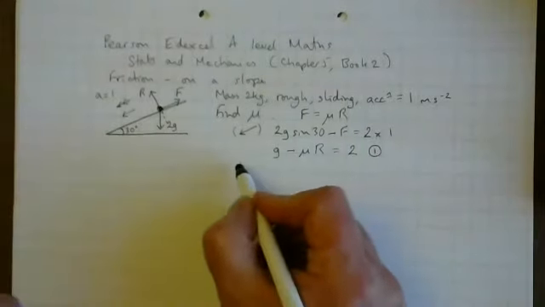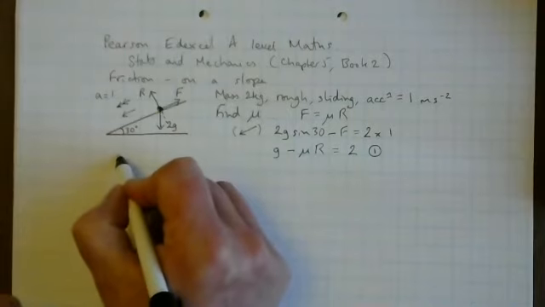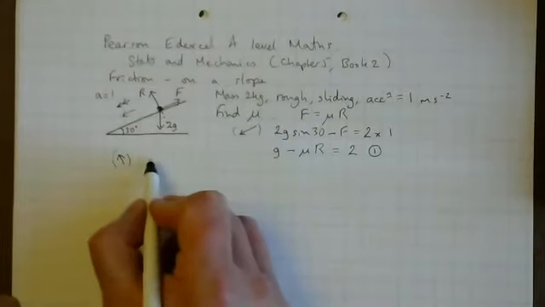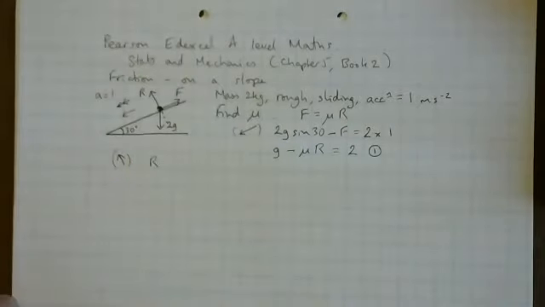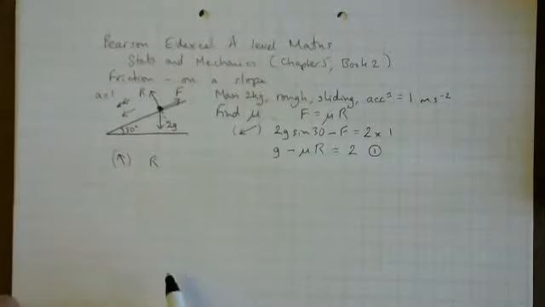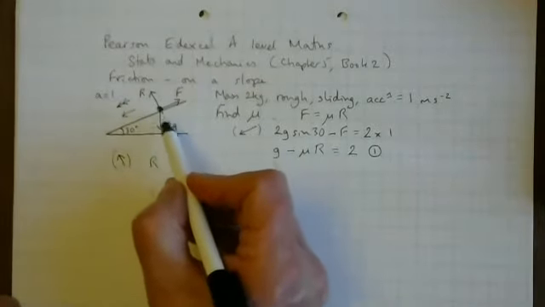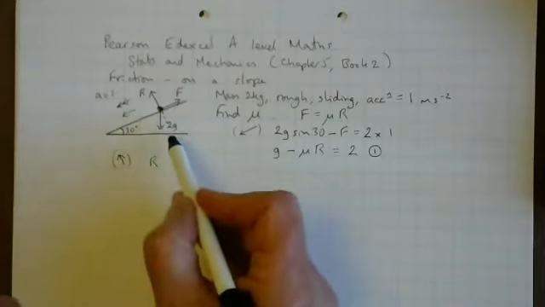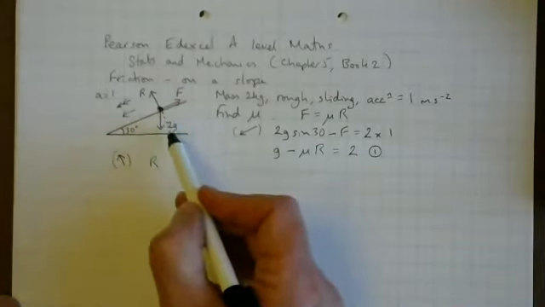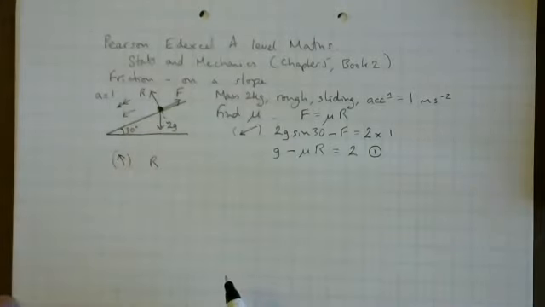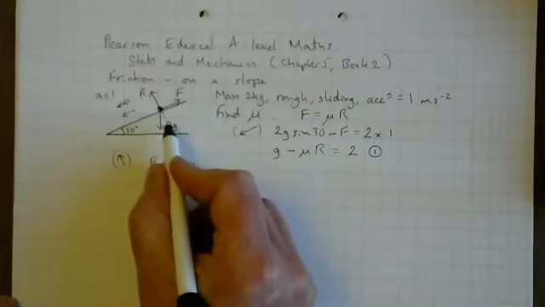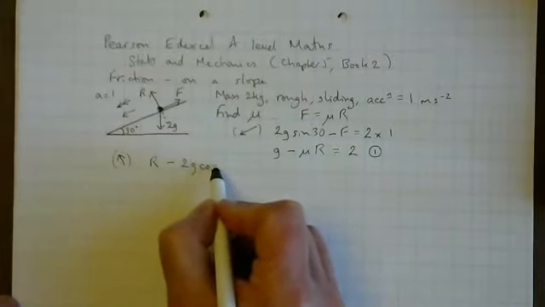So R, let's go in this direction now. R goes that way, perpendicular to the slope. But this arrow, by the way, is at an angle. It's not vertically upwards, it's perpendicular to the slope. So R, then we want the part of 2g that acts in this direction. We can see there's the 30 degrees, and it's the adjacent bit to 30 degrees. So R minus 2g, the adjacent bit means it's cos,